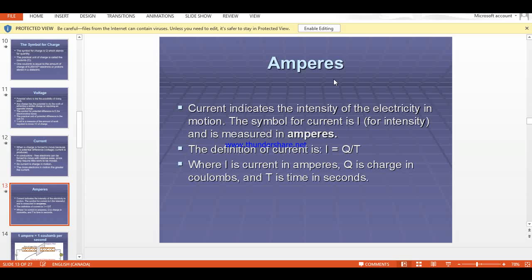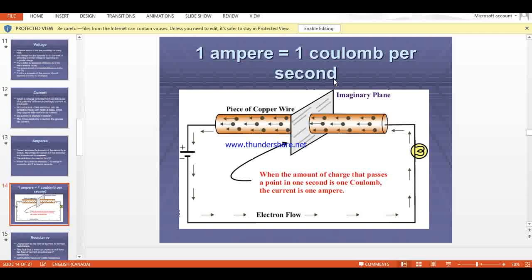The definition of current is I equals Q divided by T, where I is current in amperes, Q is charge in coulombs and T is time in seconds. Otherwise we can say that current in amperes is equal to charge in coulombs divided by time in seconds. 1 ampere is equal to 1 coulomb per second. Here we can see a diagram of electron flow from